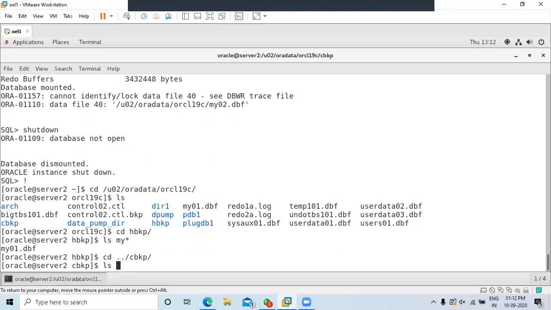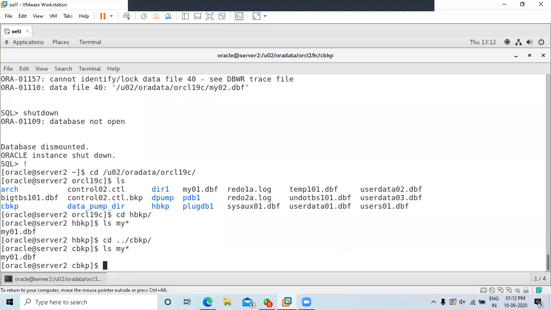Because if you have RMAN and all, we don't need this, but we don't know RMAN at this point in time. So we know only cold and hot backup. So we are depending on our backups. So there is no backup of this file.